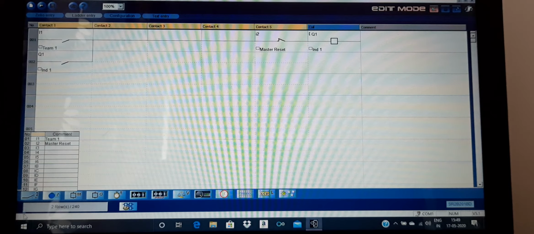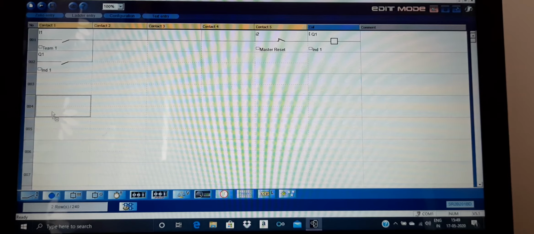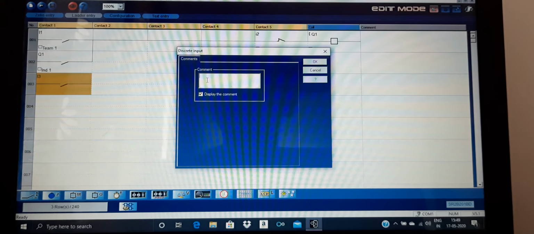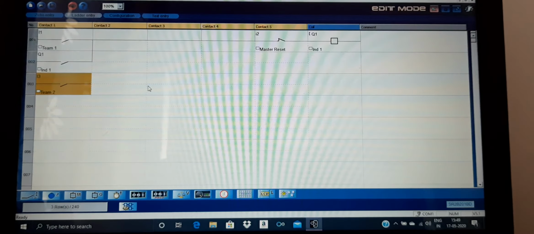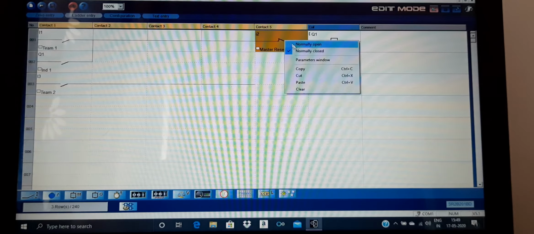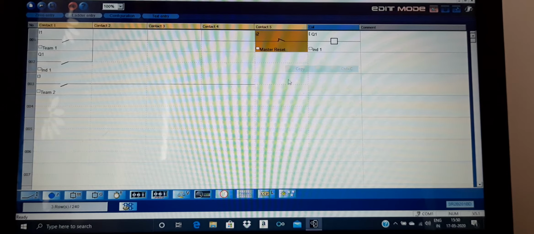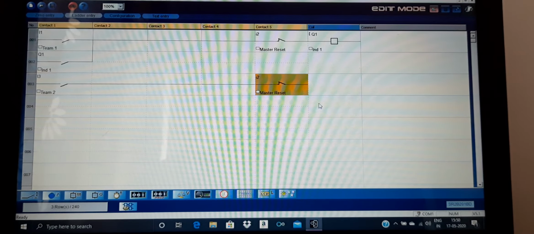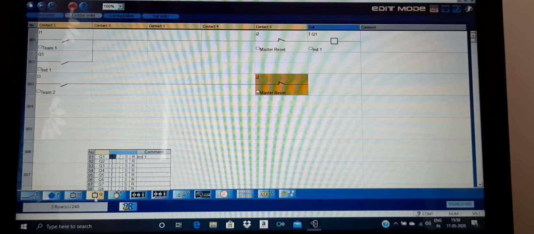Let us add one more team. So this is team 2. Team 2. Let us copy this because the master reset is going to be common.